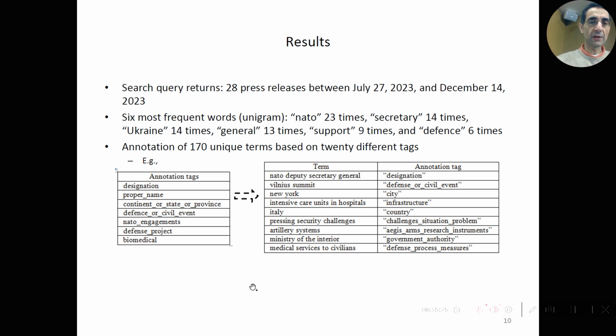And the result is basically that our search query returns 28 press releases between July the 27th and December the 14th of 2023 for the second phase. Okay, so basically we extend our early project by these many press releases collected between these dates, as is being stated here. And